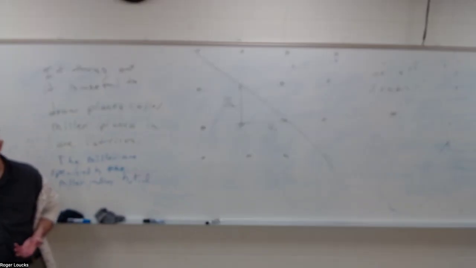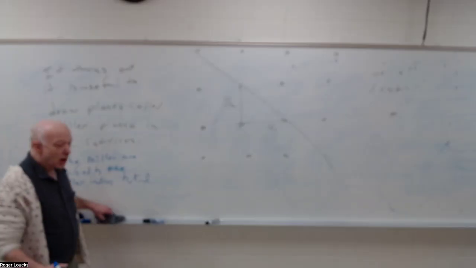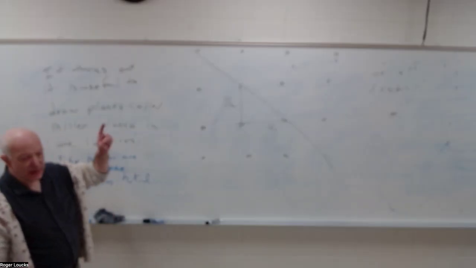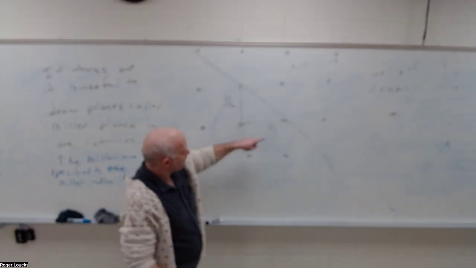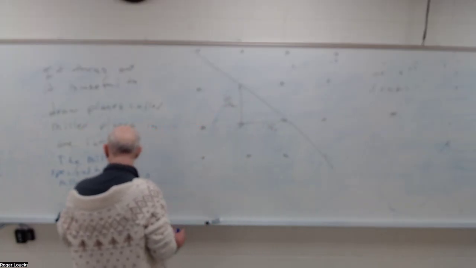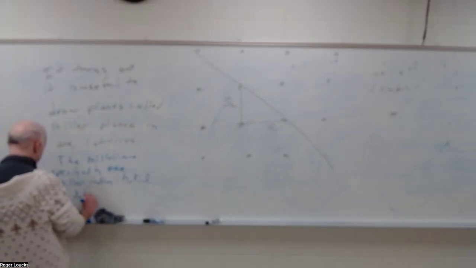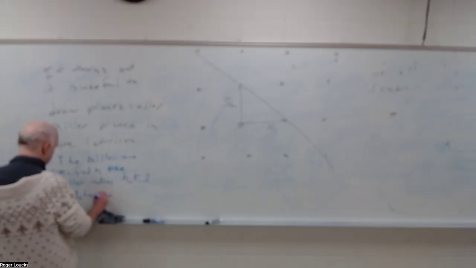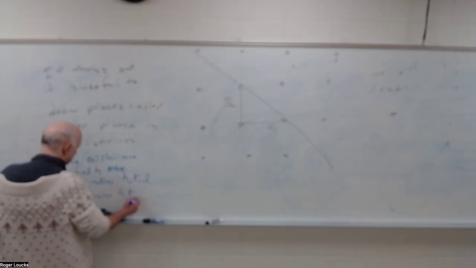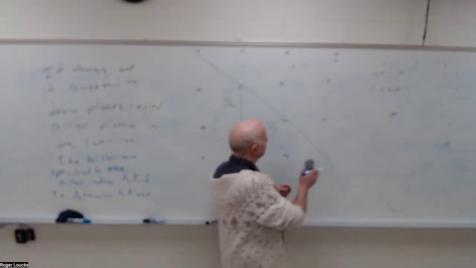You never use any other notation. And what you do is you look at where this plane intersects your basis vectors. So to determine H, K, and L for any plane,